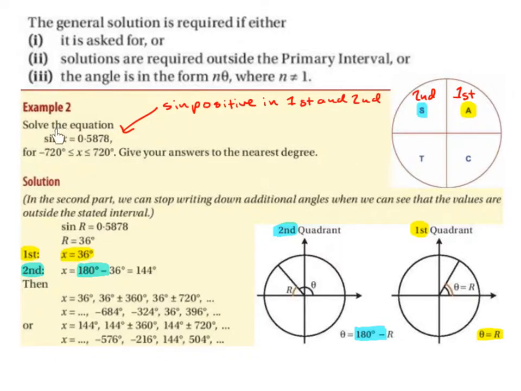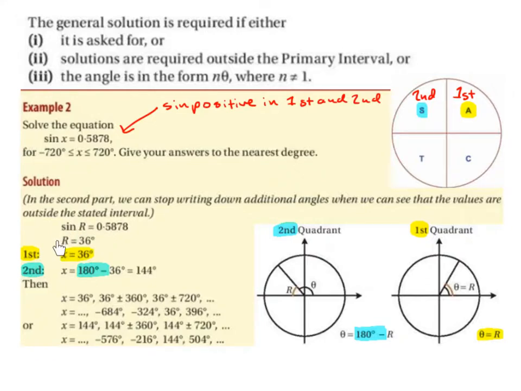So we're interested where sine is positive. Sine is positive in the first and second quadrant. So again, we follow CAST. So we have sine is positive in the first quadrant, sine is positive in the second quadrant. In the second part, we can stop writing down additional angles when we can see that the values are outside the stated interval. So we have sine of r equals 0.5878, and the inverse of that is going to be